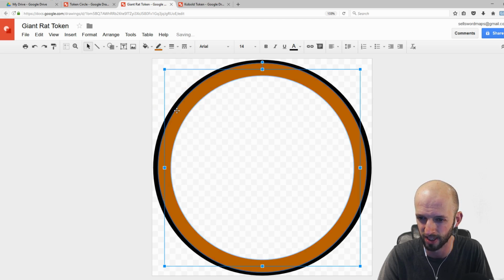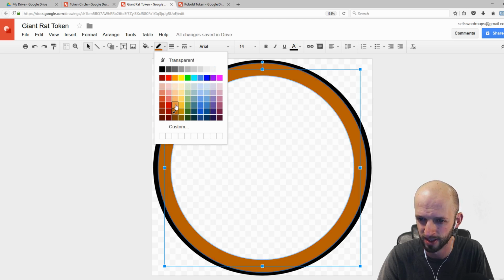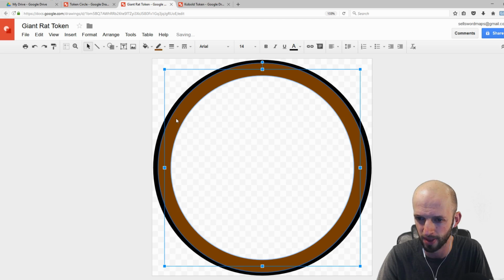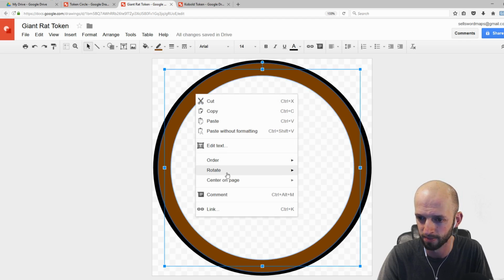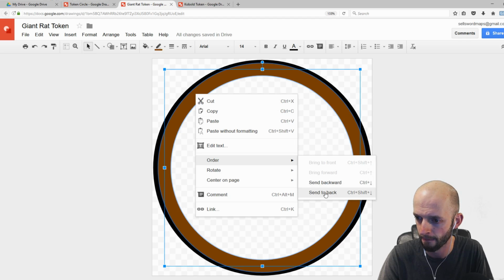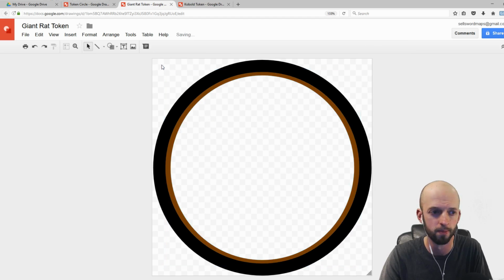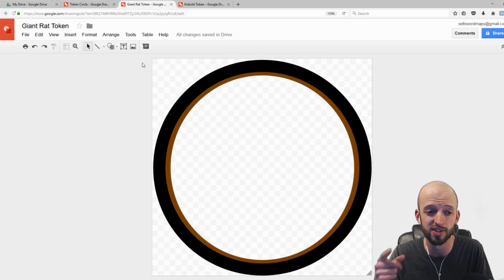We'll change it to kind of this, I don't know. Yeah, we'll go with that. We'll go with a brownish, kind of a light brown. All right, and then we can send that to back because I like to have the, there we go. All right, so you can customize that color, but if you want this circle, just check in the description below. I will put a link to the token circle,